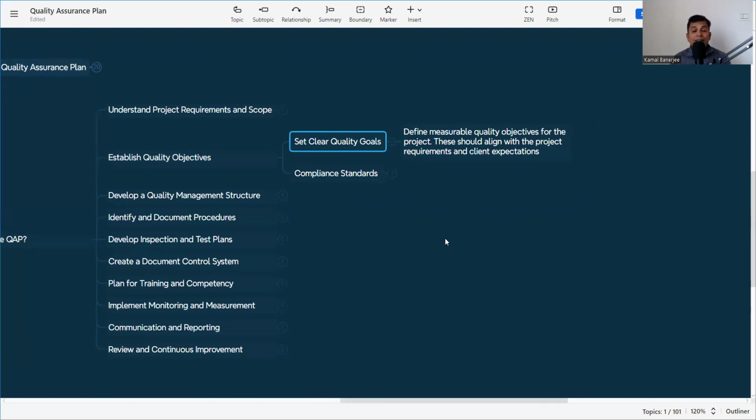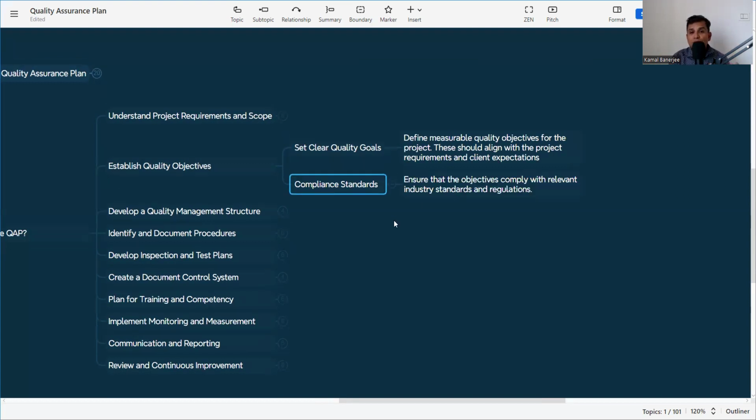So as I say, my cube strength should not fall below the criteria mentioned in IS 456. So that also we need to include in our quality objective: what is the frequency of testing, what is the mode of testing, what is the maximum and minimum, or what is the standard deviation. Everything is to be mentioned in the quality objective, that this is my objective and I need to implement it. And then compliance standards: ensure that objectives comply with relevant industry standards and regulations. So what is my quality KPI or quality objective that we need to find out, what is my cube strength,